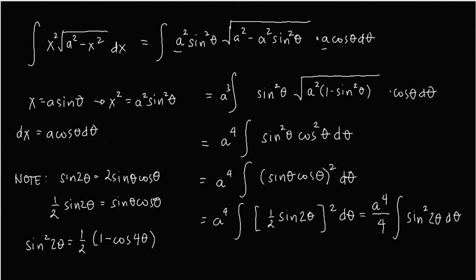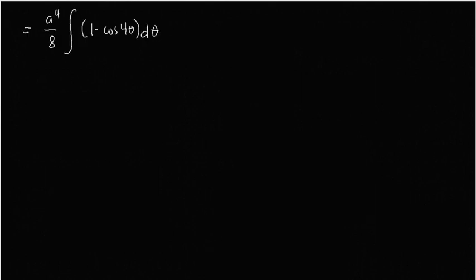Alright, so we can replace it by a to the 4th power over 4 times 1/2 times the integral of 1 minus cosine 4 theta d theta. Simplifying the integral as a to the 4th power over 8 times the integral of 1 minus cosine 4 theta d theta, this will become a to the 4th over 8 times the integral of d theta